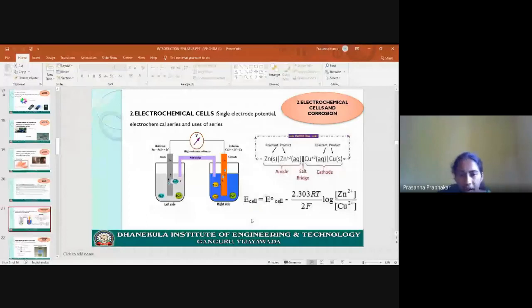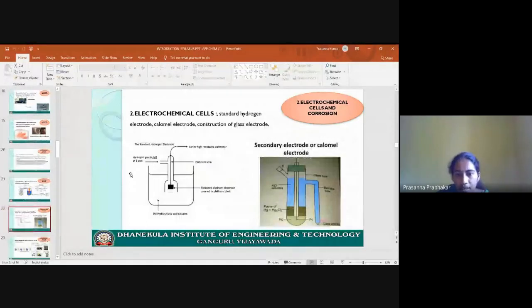Here, observe these diagrams. These are the electrode types. This is the standard hydrogen electrode. This is the calomel electrode. Generally, we determine the unknown concentrated solutions or unknown electrode potential by using these electrodes, like standard hydrogen electrodes and calomel electrodes. So in further classes, we will clearly explain what is a standard electrode, how to construct the standard hydrogen electrode,